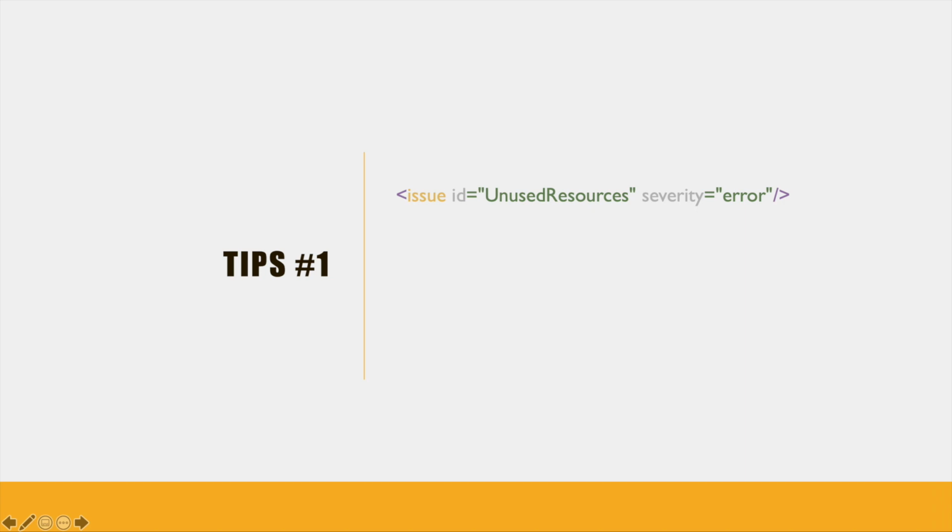I have a few tips to give you. For example, this one, tip number 1, it's really useful, at least for us at CityMapper. We set lint so that if there are unused resources, the severity is error. We have that in the lint.gradle file, where we said abort on error. Like this on the CI, if there are unused resources, the build will just fail, and we are aware there are unused resources, and we have to remove them. So yeah, it helps to keep the code clean.